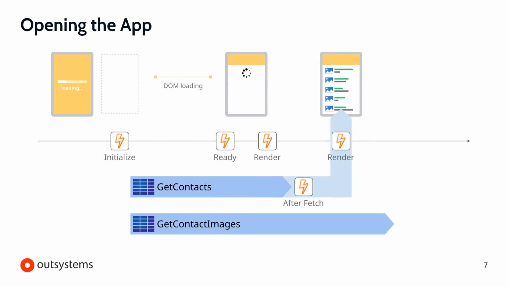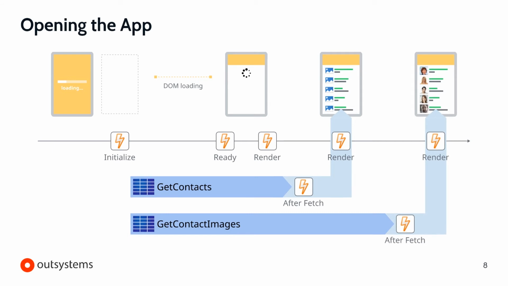When an aggregate returns its result, it triggers an after-fetch event. Since data is now available, the screen updates automatically. As the screen reacts to data changes and is re-rendered, the render event triggers again. As the second aggregate completes, the same thing will happen. The after-fetch event triggers, the screen updates, and the render event of the screen triggers again. Notice that the render event is the only one being triggered multiple times. The after-fetch event appears twice in this diagram, but it happens once per aggregate.